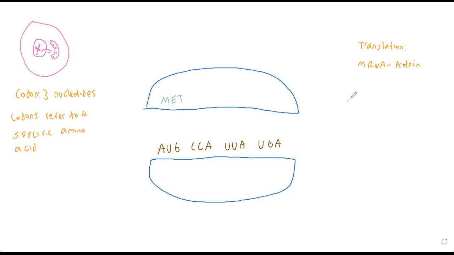Methionine is a very important amino acid because methionine is what we call the start codon. This signals to the cellular machinery that it's time to begin a new protein. Saying, okay, I see methionine, it's time to begin a new protein. It's like a start button. So methionine is a very important codon. Now, what about CCA? Well,